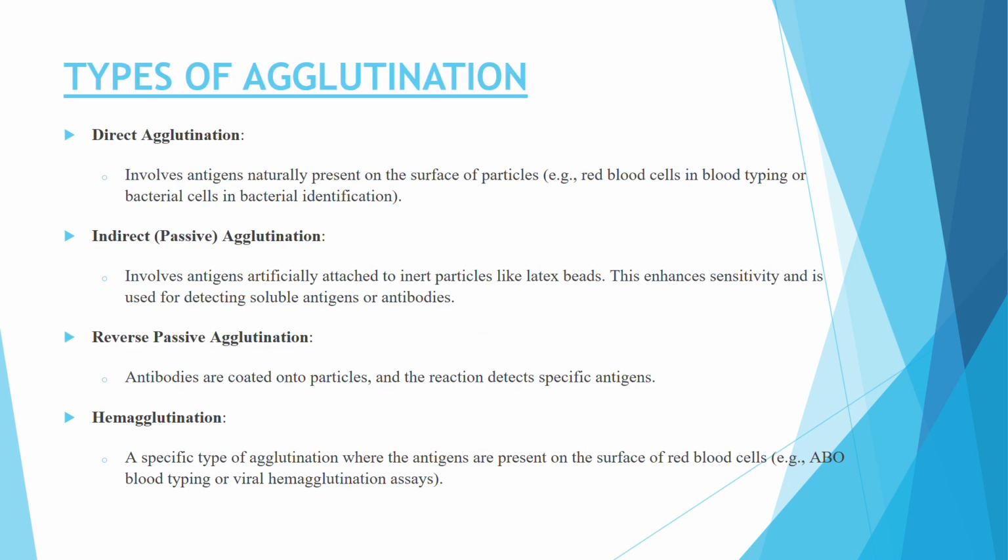Types of agglutination. Direct agglutination uses naturally present antigens on the surface. For indirect agglutination, they use artificial antigens which are attached to particles like latex beads. Reverse passive agglutination: antibodies are coated onto particles and the reaction detects specific antigens. Hemagglutination is all about red blood cells. Those are agglutinations which involve red blood cells, especially in viral